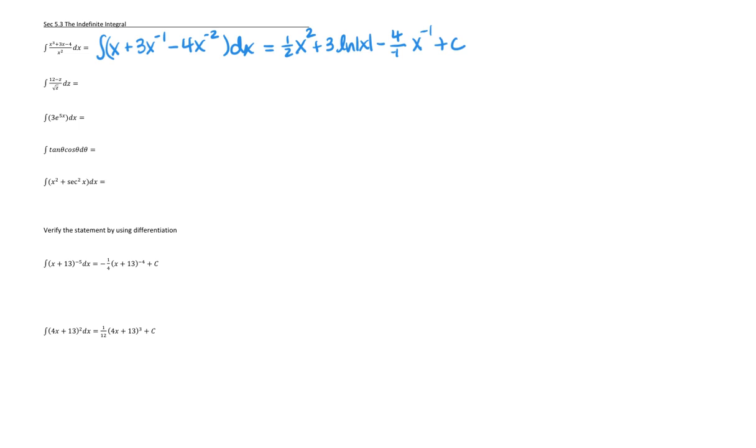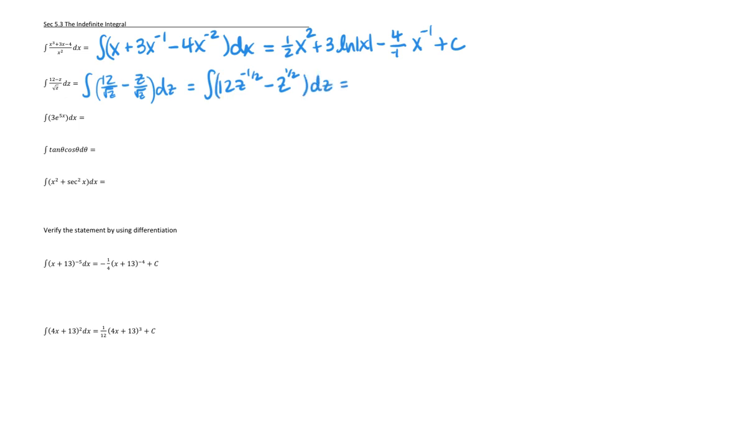Similar thing here, I have this 12 minus z over square root of z. So what we're going to do is start by just simplifying everything. So I'll get 12 over square root of z minus z over square root of z dz. And then if I simplify that, I'll get integral of 12z to the minus 1/2, because remember, a square root is the same as a 1/2 power. And since it's on the bottom, I can write that as a negative exponent. And here I'll have minus z to the, well, it's z to the first minus 1/2, so that'll just be z to the 1/2